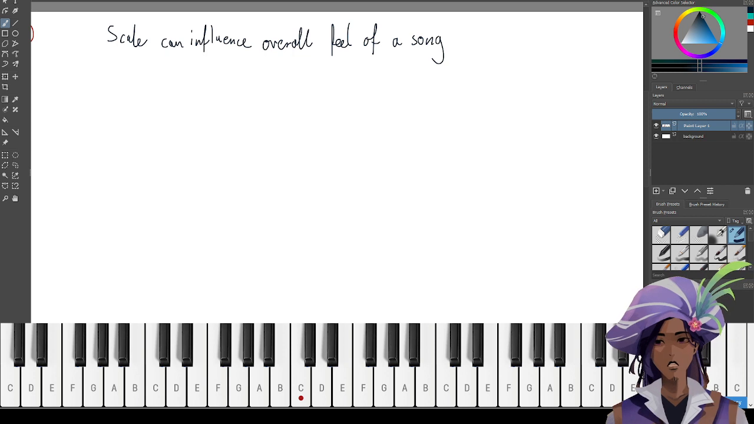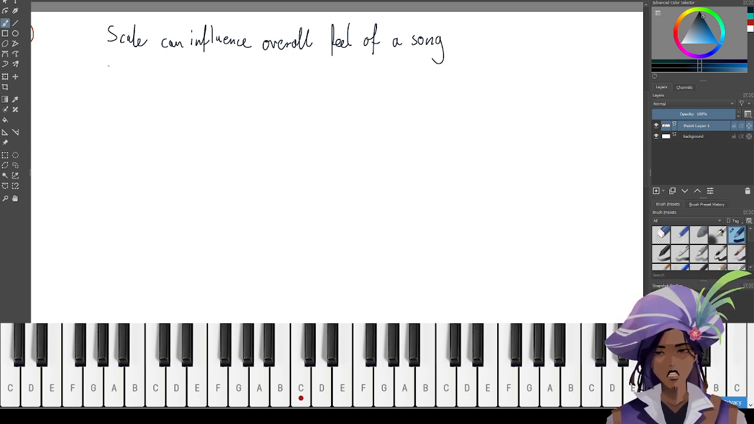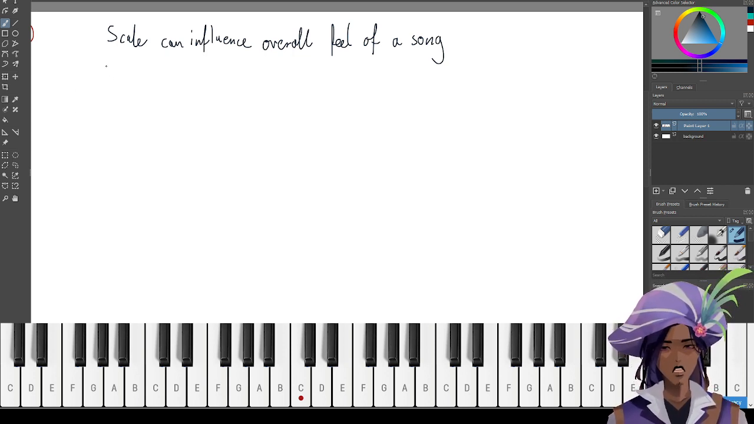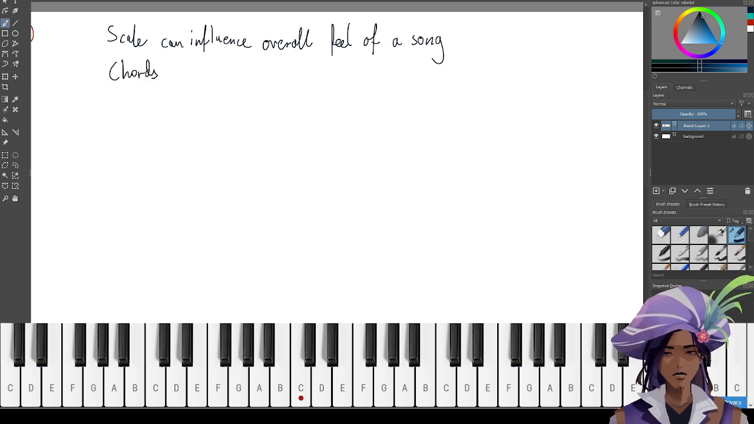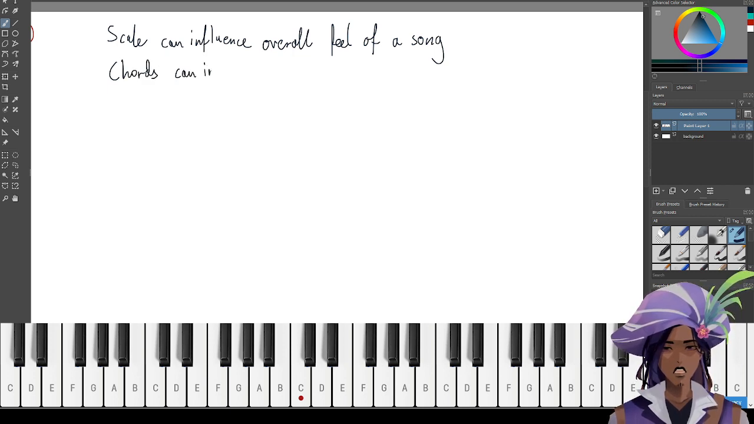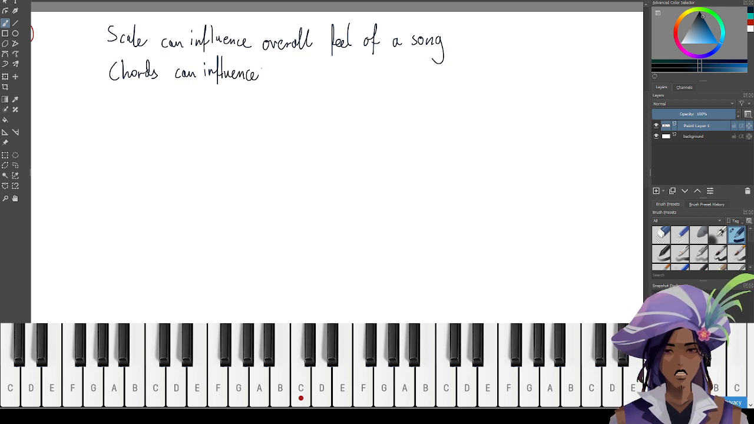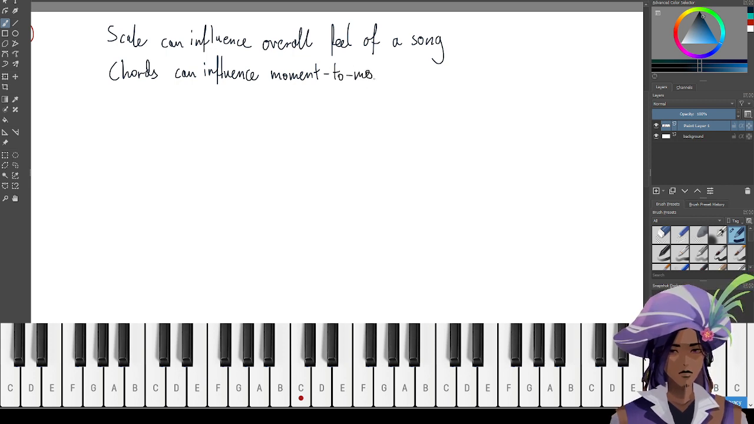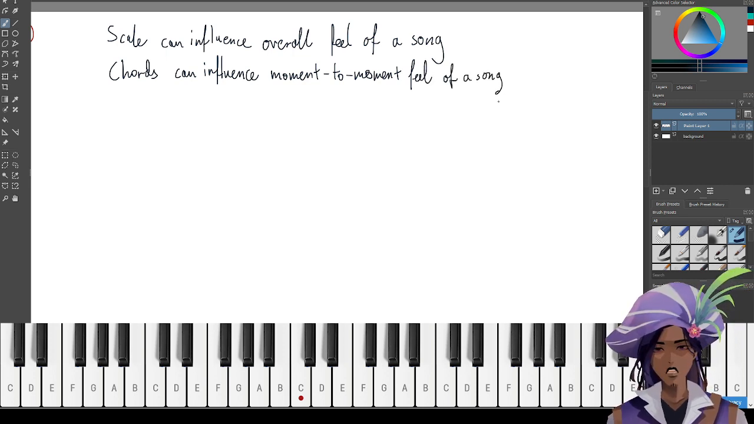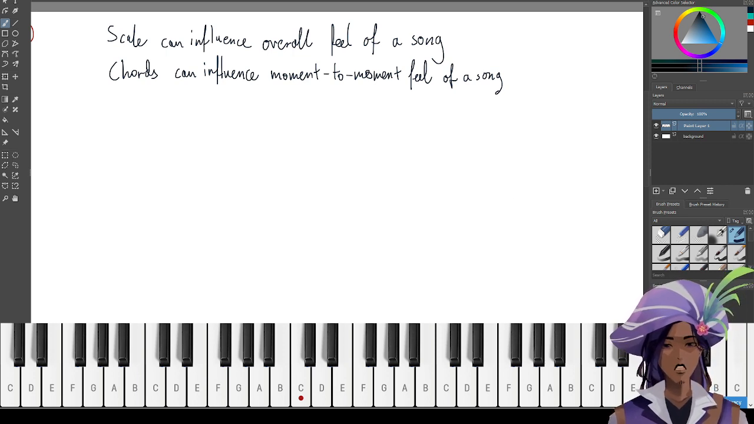Chords also influence how a song feels, but they're much more moment to moment, right? So they're smaller scale. So chords can influence the moment to moment feel of a song, right? So you get